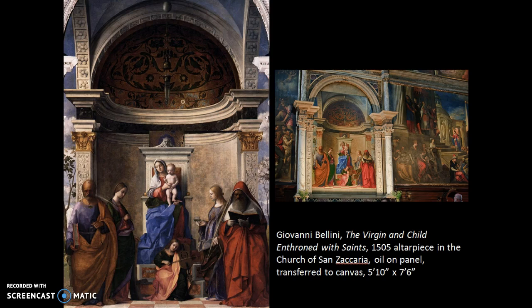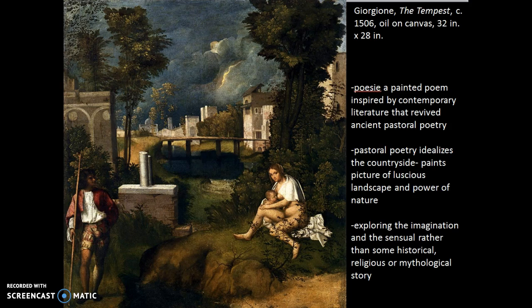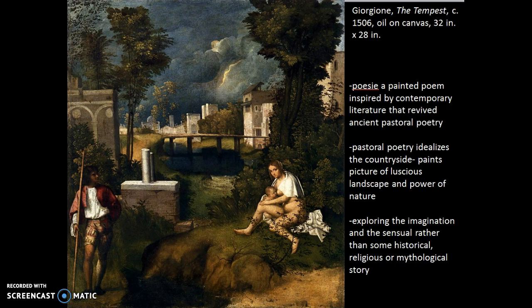His mature style was marked by a grand, simplified, idealized style. Now, like I said, he was influential on two of Venice's major painters of the 16th century, and that was Giorgione and Titian. Giorgione had a very brief career. He was alive from 1475 to 1510, and then he died of the plague. Scholars can only confirm 4 or 5 paintings as entirely by his hand. He worked closely with Titian, that other major Venetian artist of the period, so it's really hard to tell